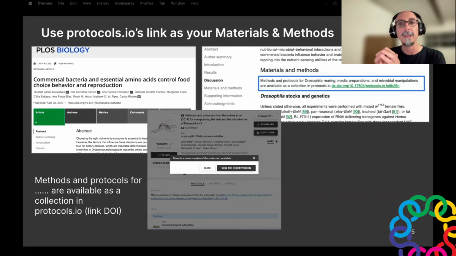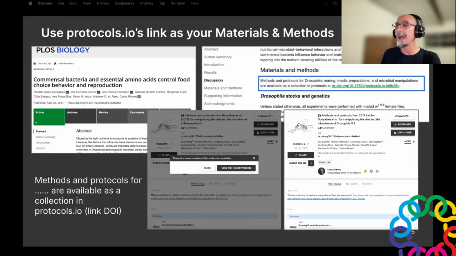And a really nice thing about how protocols.io works is that the protocols are versionable, as I mentioned before. So if the authors have updated their protocols since the time of publication, the reader will be notified, and they can choose to read the protocol as it was published, which is what I show on the screen right now, or by following the view the newer version link, have access to the most updated version of that protocol.